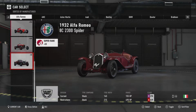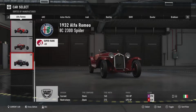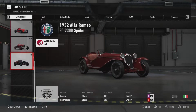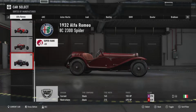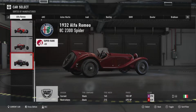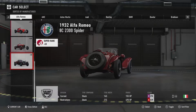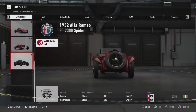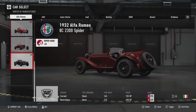Welcome everybody to Forza Motorsport 7, and today we're taking a look at the newly released March car pack. Now this was released along the March update, which put a whole host of new features on the game. But yeah, this car pack is the main part of the update, and it's an incredible car pack with a nice variety as well. It's got 4 racing cars and 3 road cars, and the racing cars are quite varied in and of themselves,